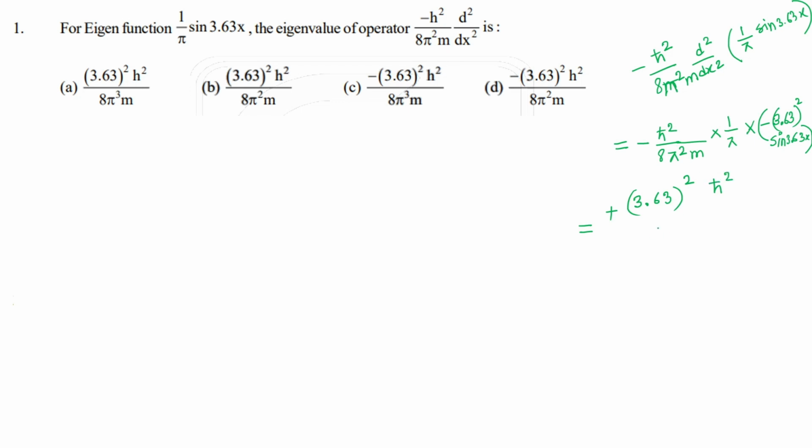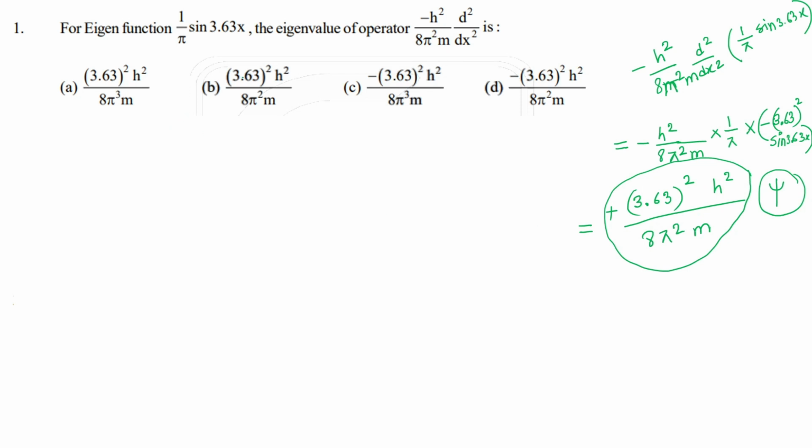h cut square. Acha, they are saying h square, not h cut square. So I have just changed my h cut to h. By 8 pi square m, and remaining is sine 3.63x, which is again your psi, right? So this is your eigenfunction and this is your eigenvalue. So the first option is